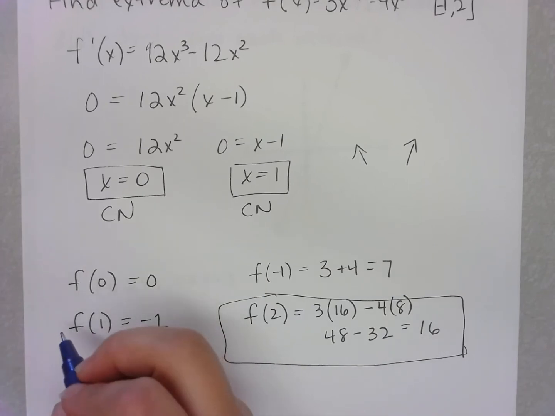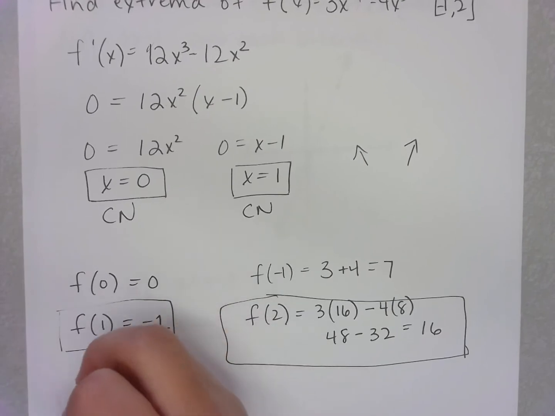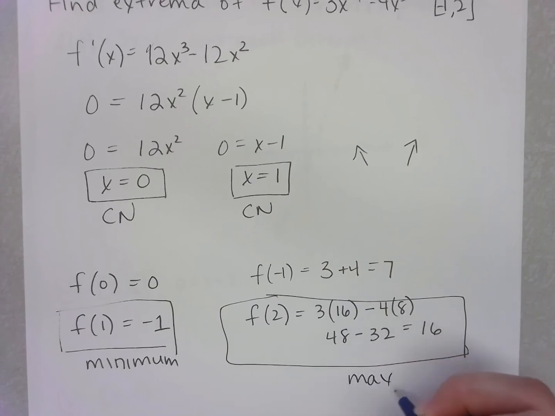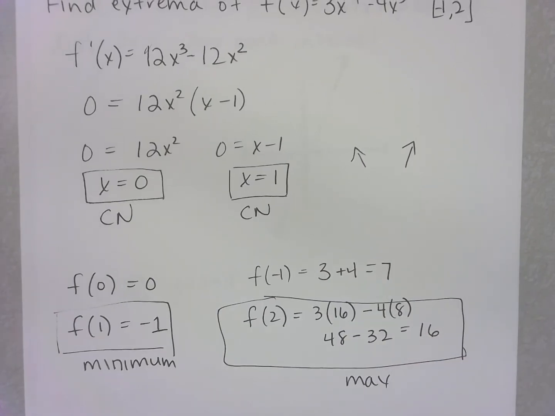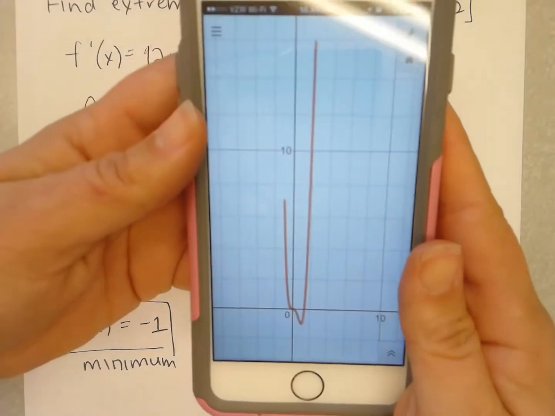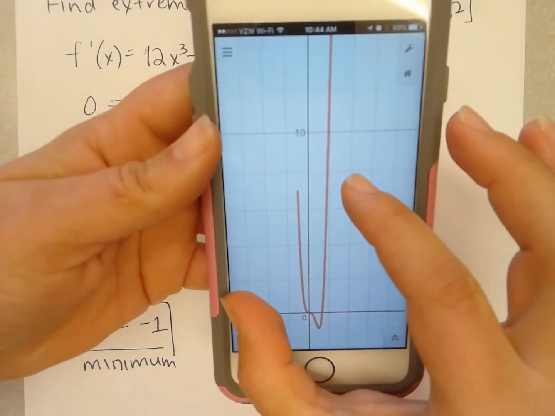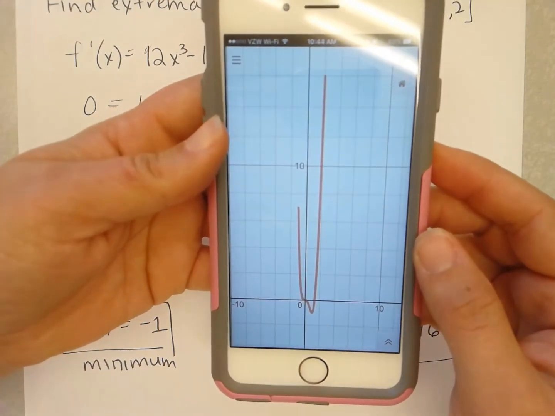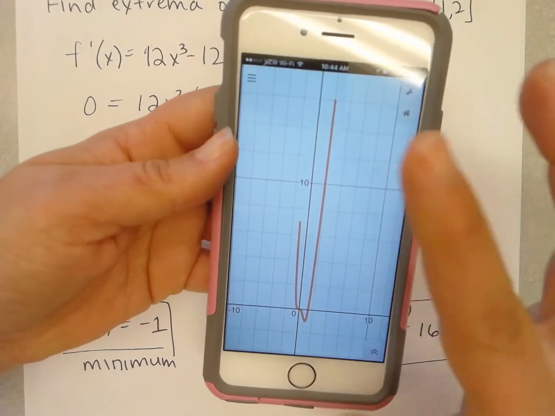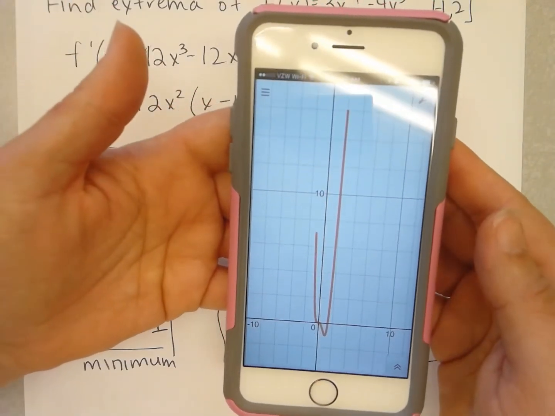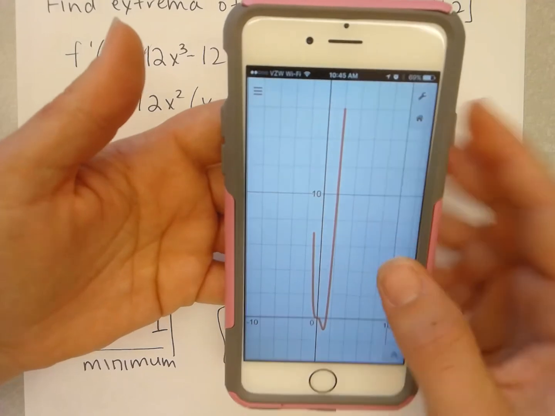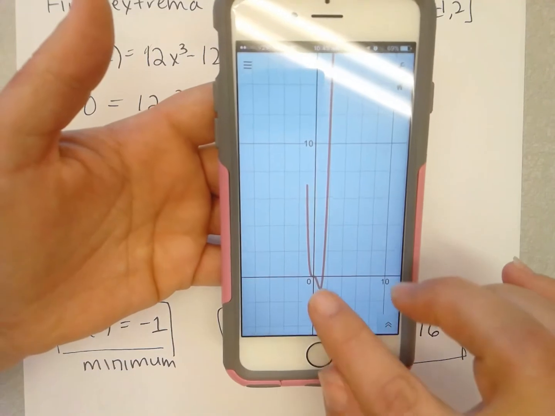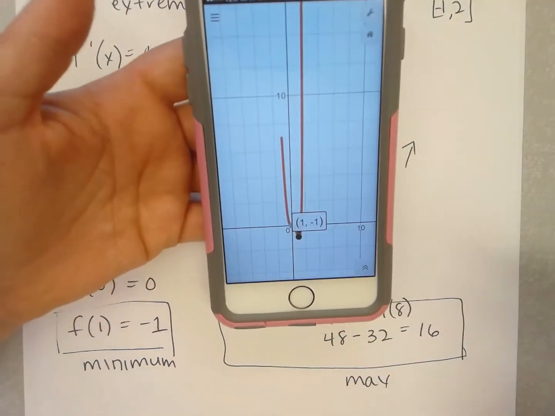And my minimum comes at, so this is my min, and this is my max in the interval. Okay, so I have the graph here. I've got the domain restricted, so we're only seeing it just between them. If I took the domain restriction off and graphed it, both ends would just go up and up and up in both directions because I have an x to the 4th, which has the same matching end behavior. So you can see my minimum point down here, that looks about right, is at 1,